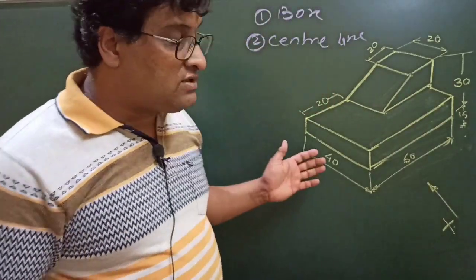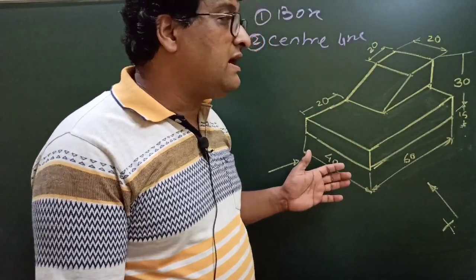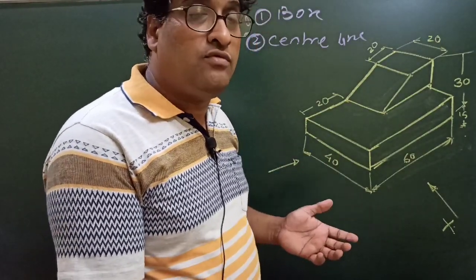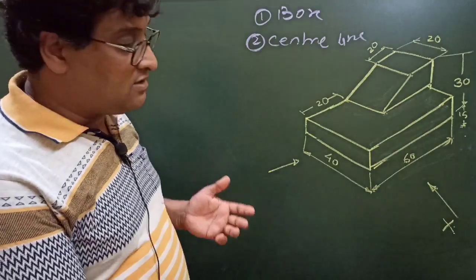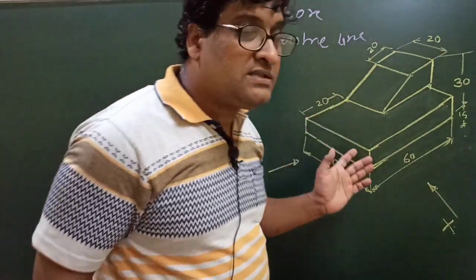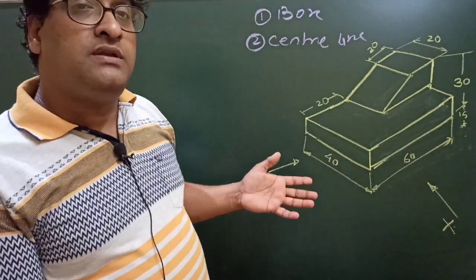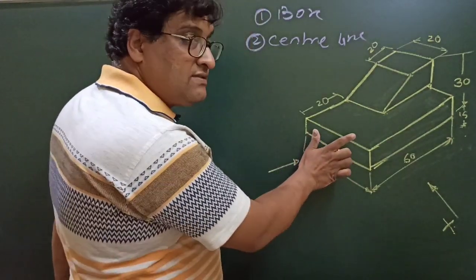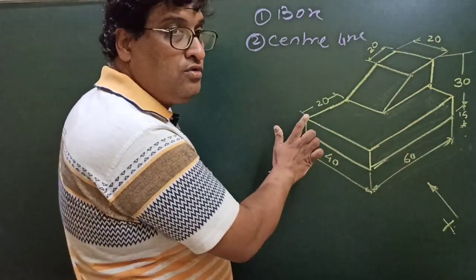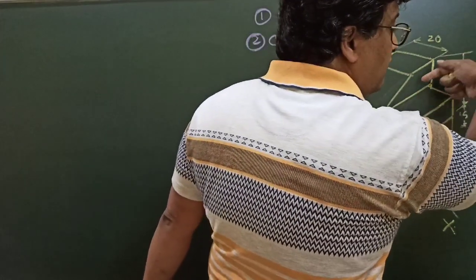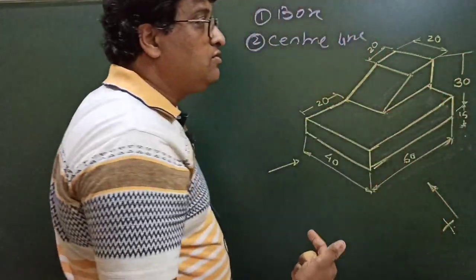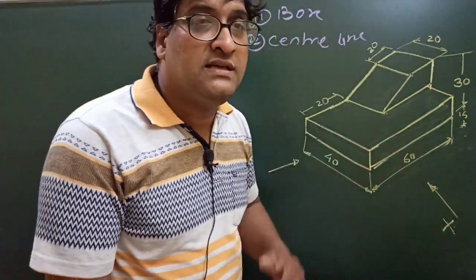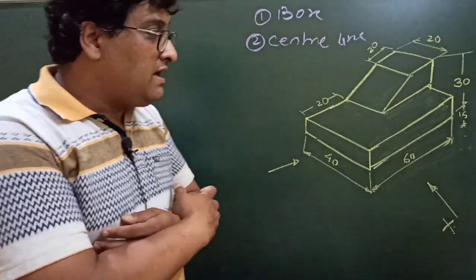As far as side view is concerned, you have to decide according to the problem. If it is given that left side view or right side view is to be drawn, then it's okay. If it is not given, then you choose that side from where maximum details are visible. In this particular case, if you see from the left side, the details are visible to you, while in the case of right hand side view, you don't have much detail to draw. So choose left side as the side view, right?